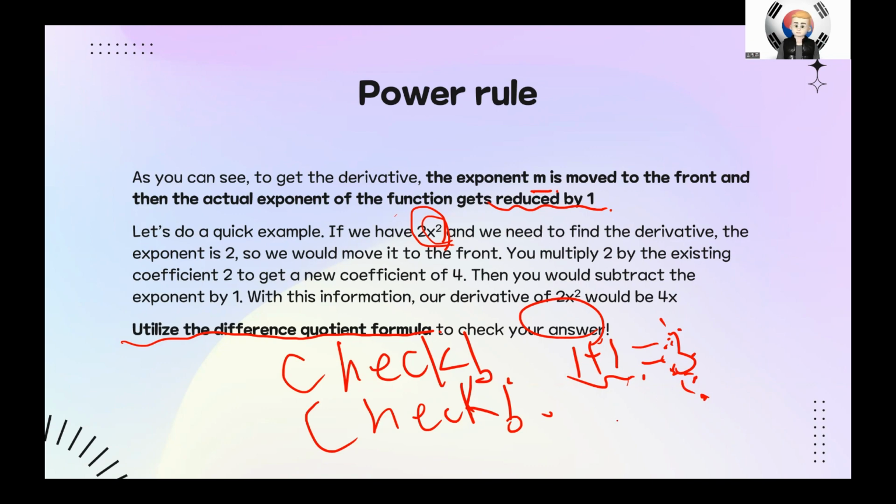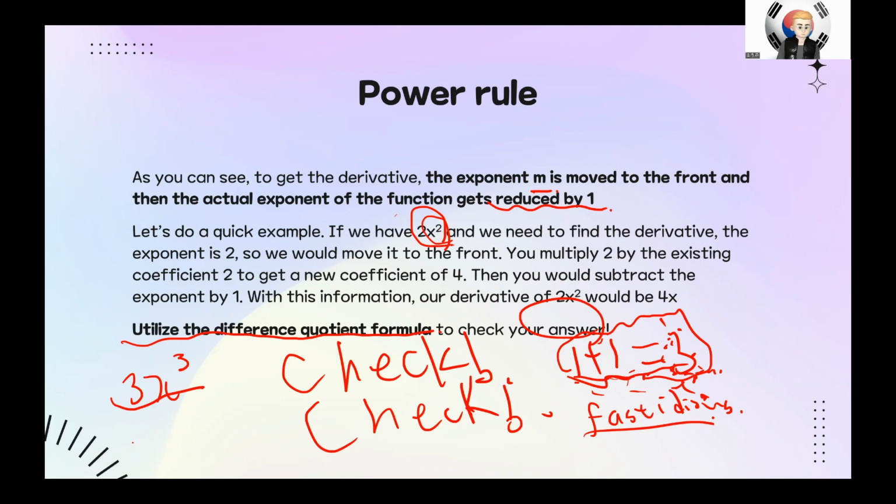I just need to say, you just need to be fastidious. Please be fastidious, okay? I don't need anything for you. I just want you to be fastidious, and please check these things that were wrong, or just check if you did the right thing. For example, when you have 3x cubed,